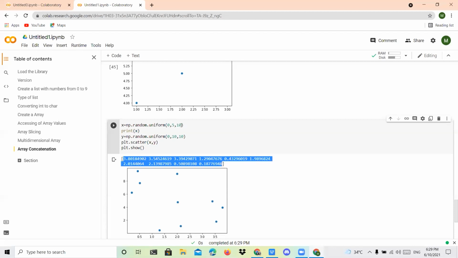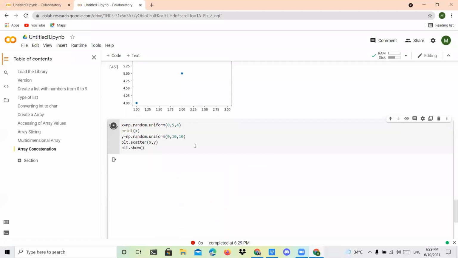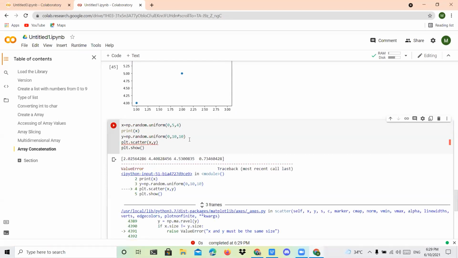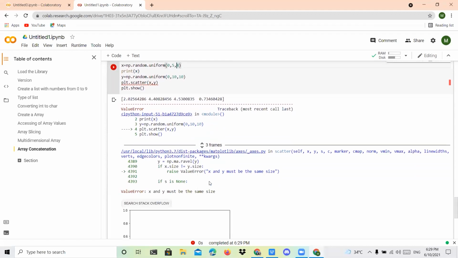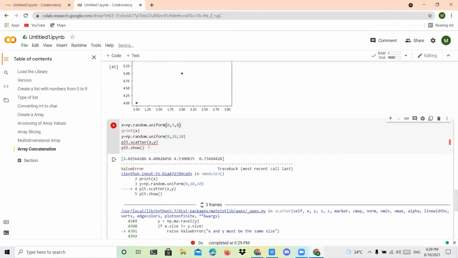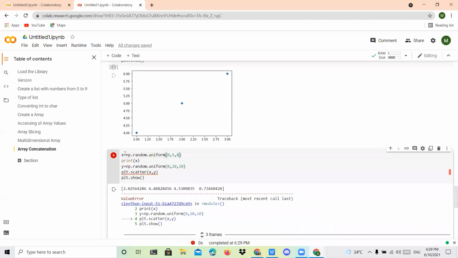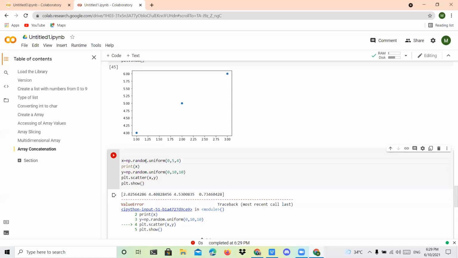10 values, right? So you can also give some 4 elements. It shows an error. Okay, that library function I deleted.